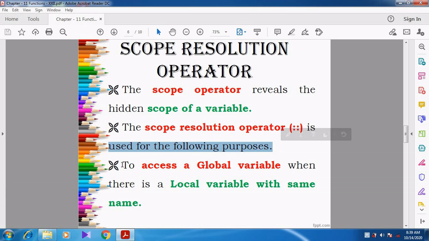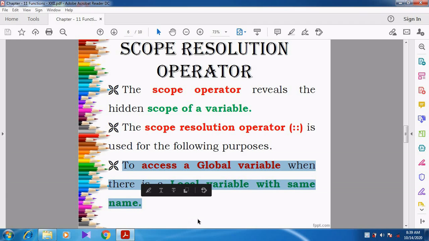Whenever we want to access the global variable, we can access it directly.